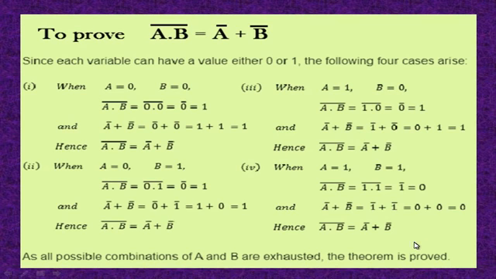Students, remember that you have to prove De Morgan's theorem in proper way. First you have to write statement, then draw the diagram, then write the truth table. After writing truth table, you have to prove all the four cases properly, either for De Morgan's first theorem or De Morgan's second theorem. If you have to write both De Morgan's theorems together, then you have to write both in proper way. Otherwise, your marks will be less in the board exam. So remember that, write in this way properly.